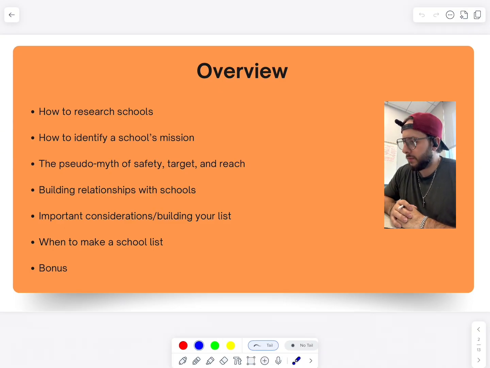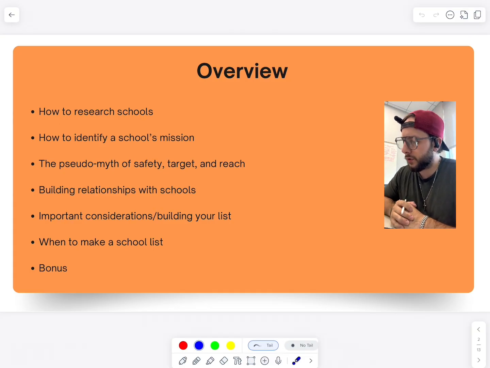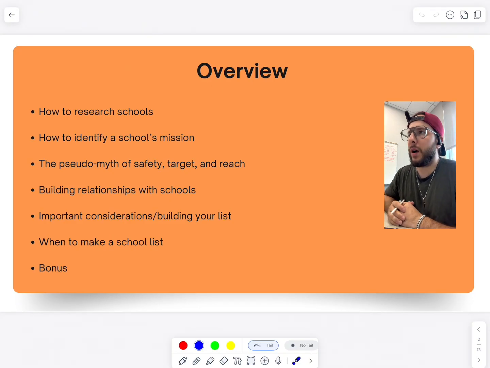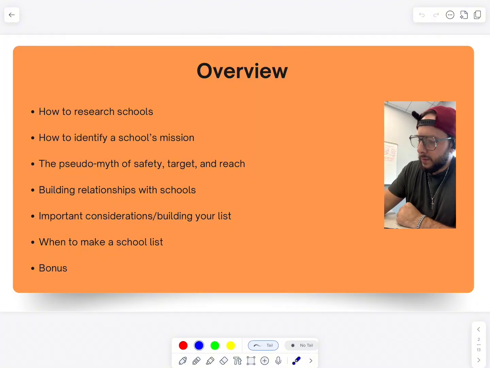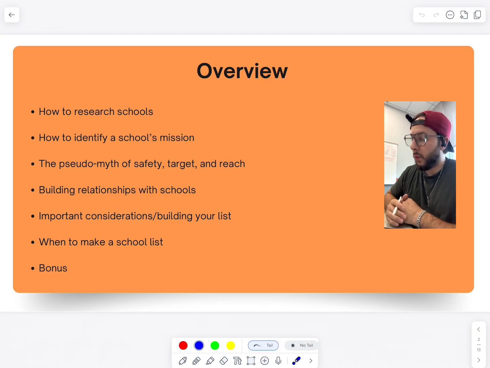Now, the absolute must-have, in my opinion, is the MSAR, the Medical School Admissions Requirements. It's got a weird name, because it doesn't make you think of a database of all the medical schools in the country, which is really what it is. It should be called the Medical School Database. Now, specifically, the MSAR is for MD schools only. DO schools have their own thing called DO Explorer, and that's a great tool, very similar to the MSAR in just about every way.